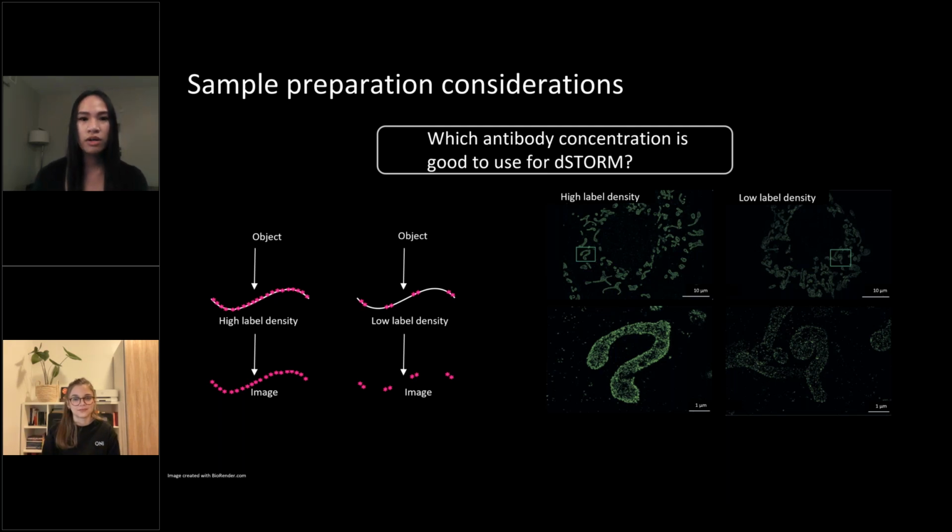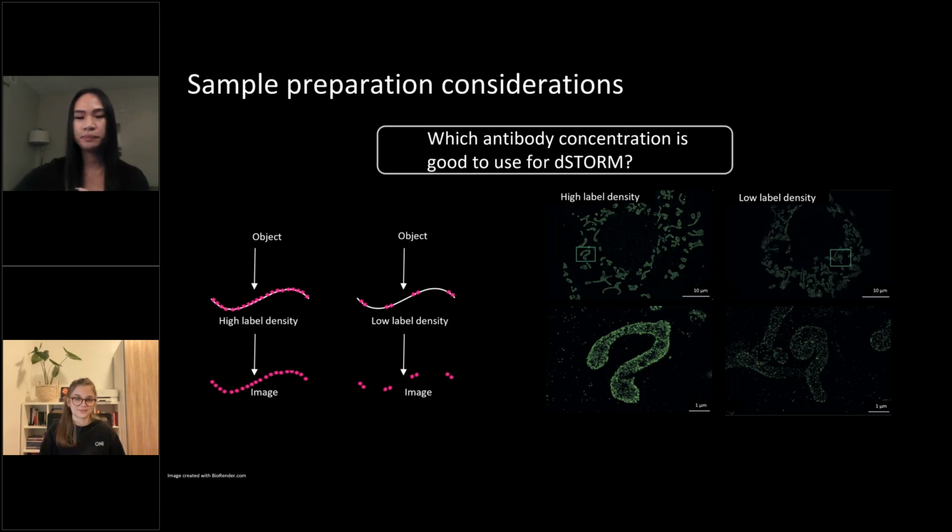So which antibody concentration is good to use for dSTORM? We recommend increasing the primary antibody concentration that you'd normally use for confocal and wide field by 2 to 10-fold. And we also recommend a direct labeling method, such as primary antibodies or Halo tags, to ensure that the fluorophore is close to your target. This is because when you label structures with a lot of epitopes, there can be some steric hindrance. So you just want to make sure that your fluorophore is very close to the structure that you're